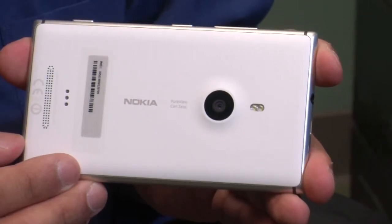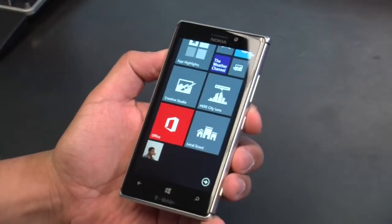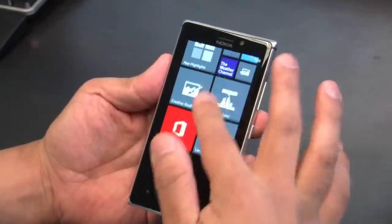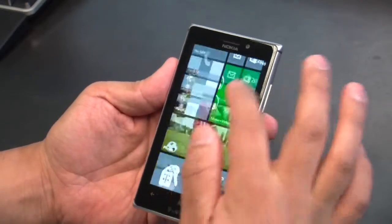The memory is about 1 gigabyte of RAM with 16 gigabytes of space, and you can do things like sync over Wi-Fi, USB, SkyDrive, 4G, it's capable, and of course you can do Wi-Fi calling. It's T-Mobile. So as you can see at display, unlike the Lumia 920's IPS LCD display, Nokia has kind of